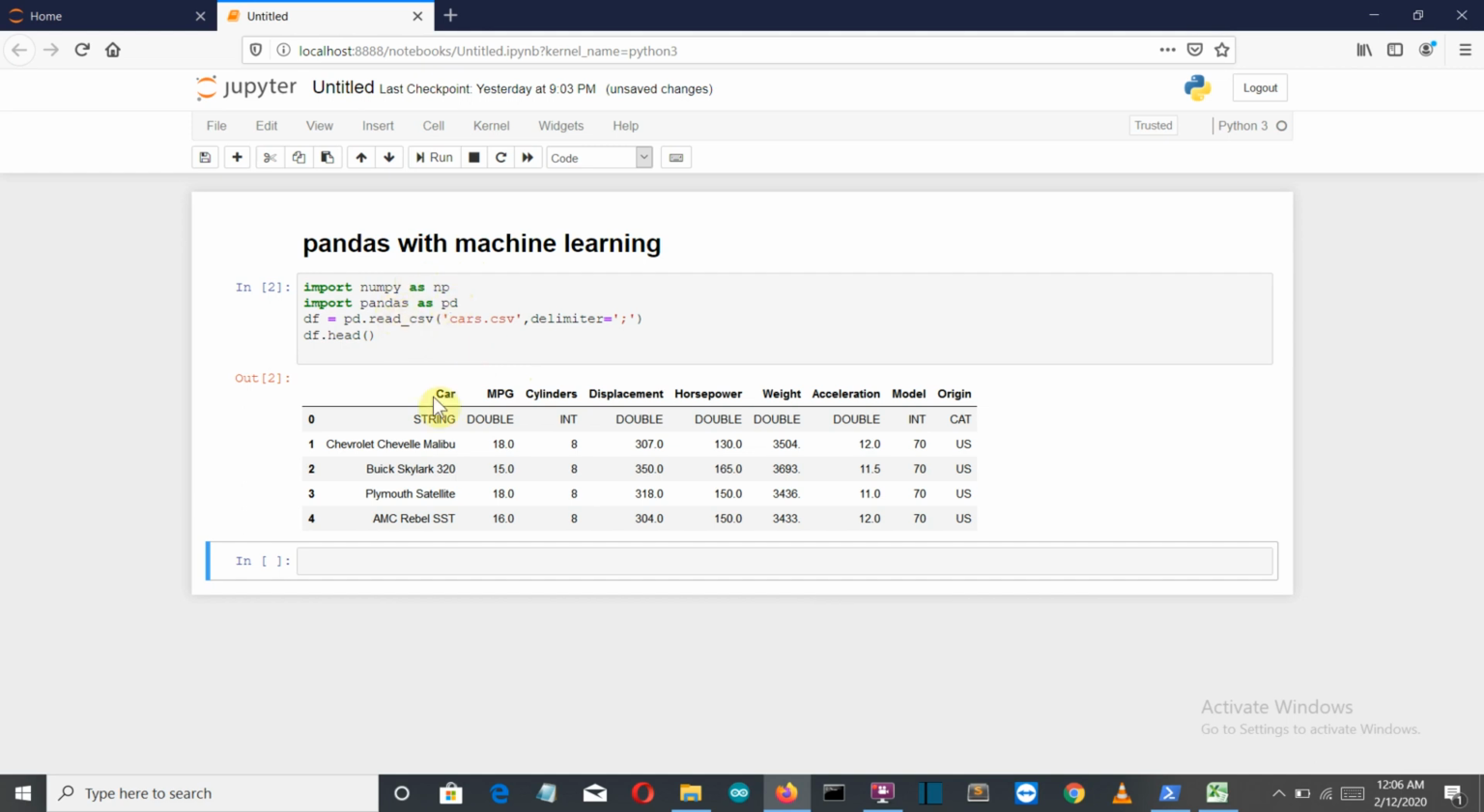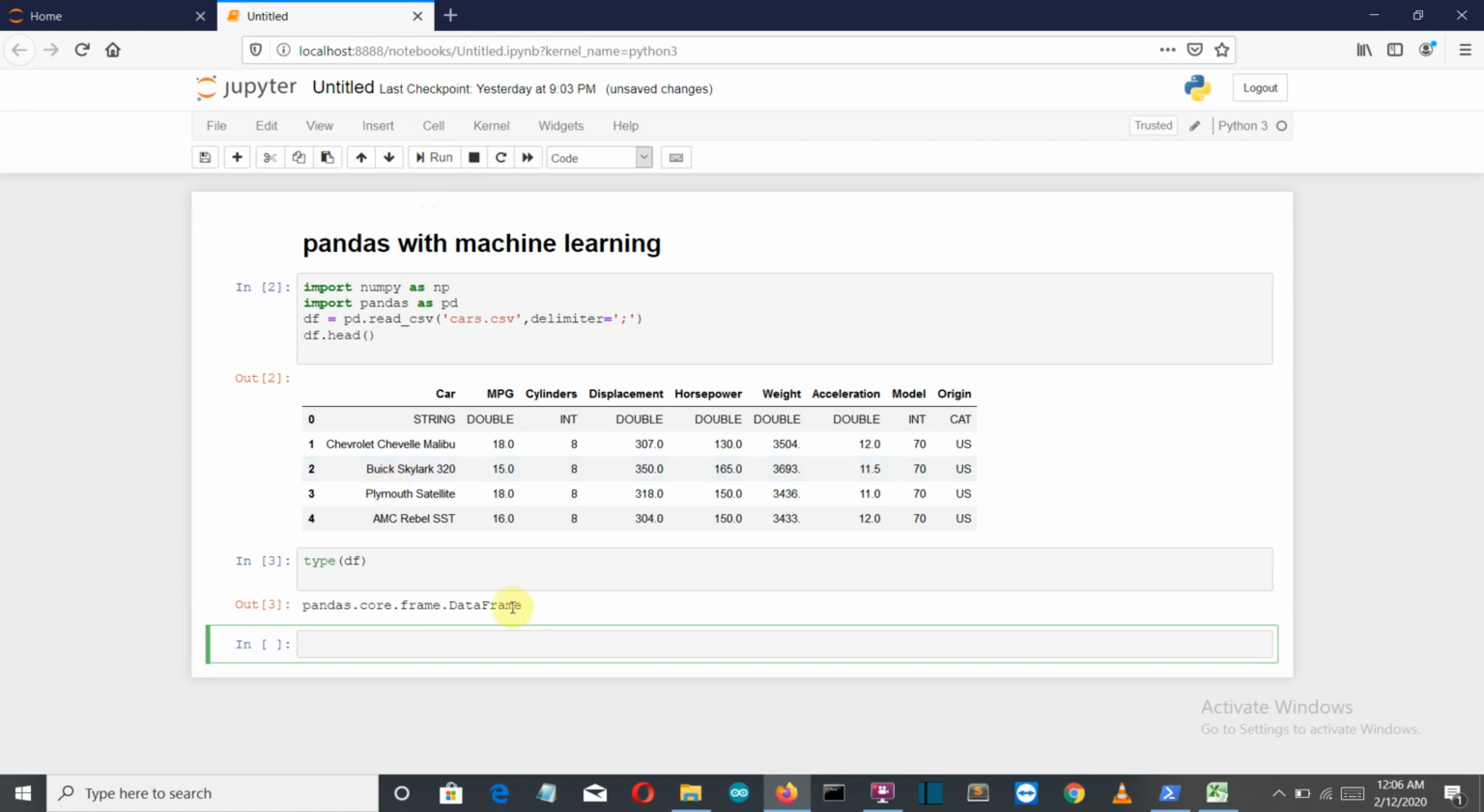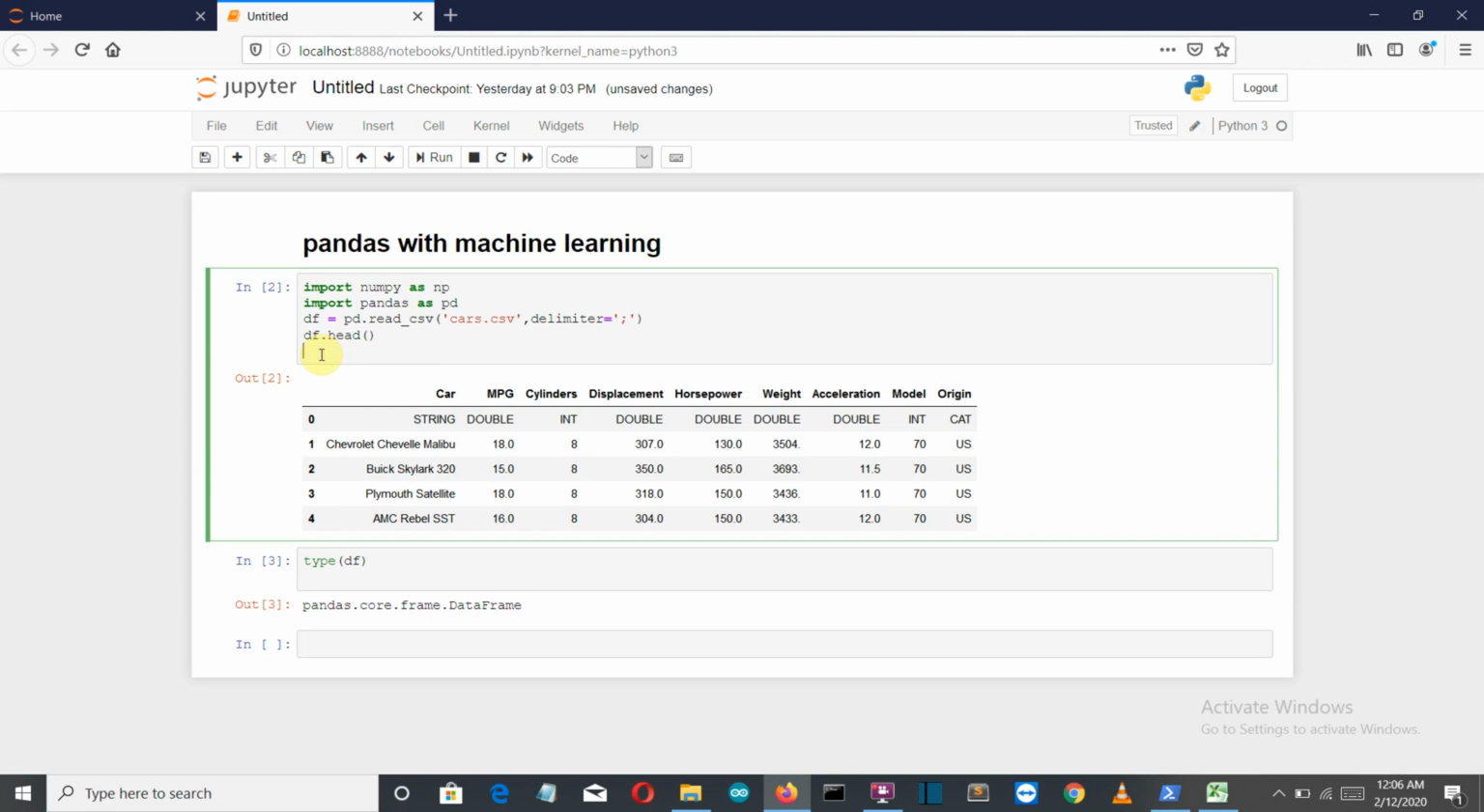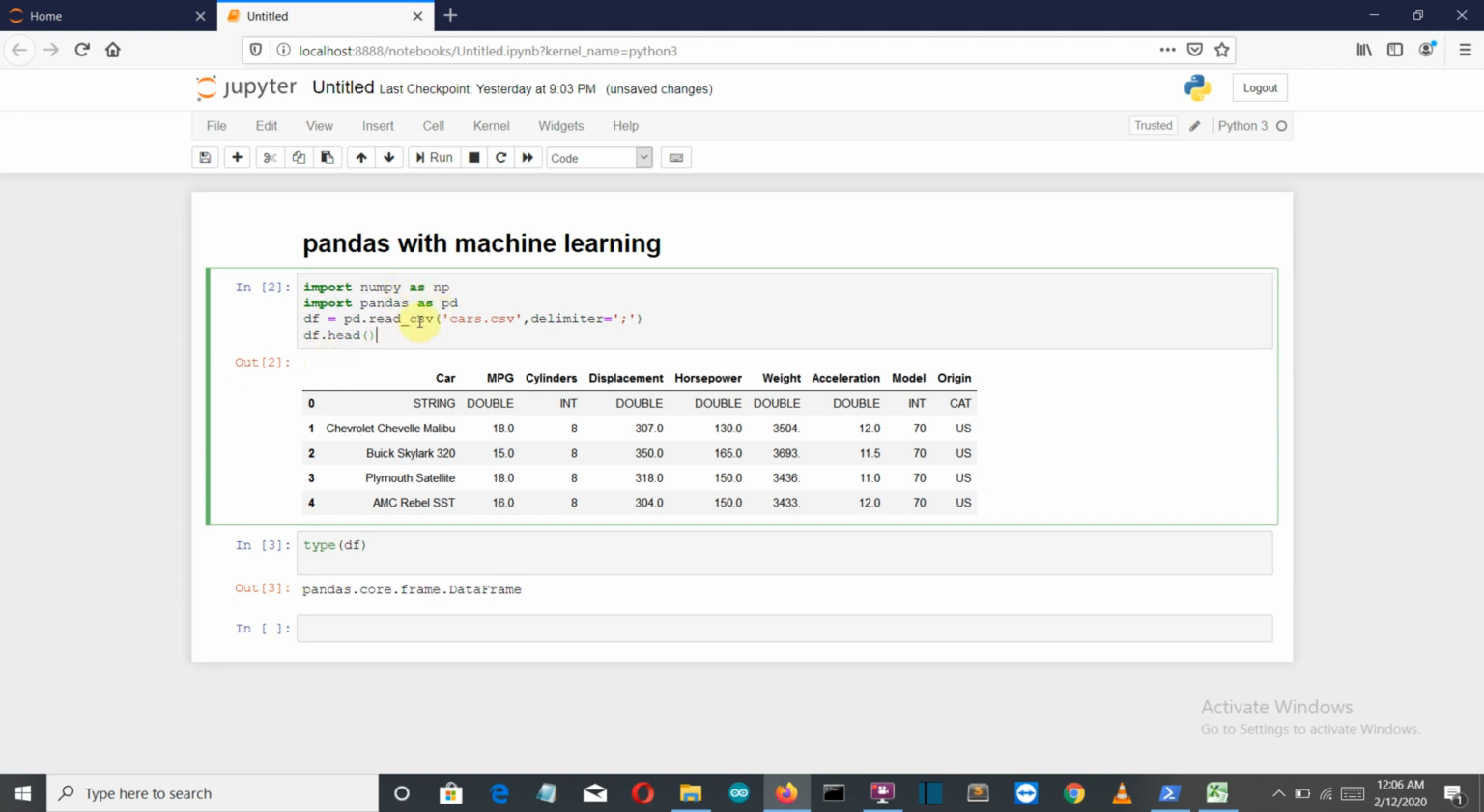Then we have created a data frame. If I simply write type of this to see what the data type is, it is a Pandas data frame. So we have created a data frame here, and the value stored in this is the data from the cars.csv, and then we are writing df.head to get the first 5 rows of our